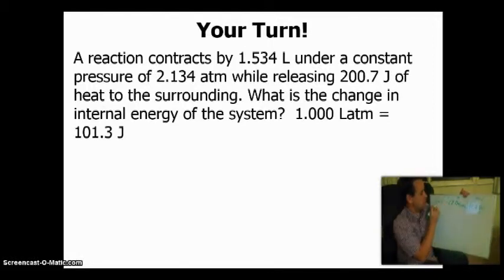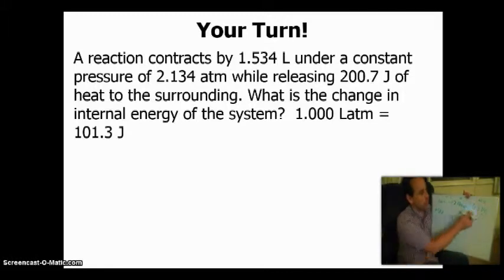And that is consistent with what this work is going to be, because this work has to be a positive value if it says that the reaction contracted. That means the surroundings did the work on the reaction. All right? And it released 207 joules of heat to the surroundings. So the work is a positive value, but the energy released to the surroundings was 207 joules. Now we also get the last sentence here that 1 liter atmosphere is equivalent to 101.3 joules of